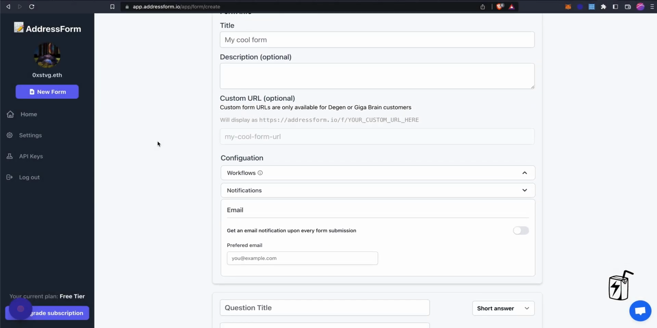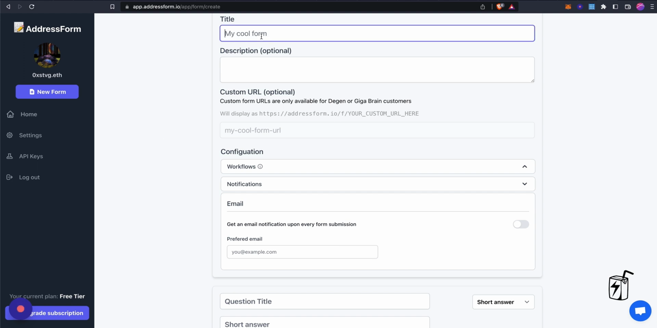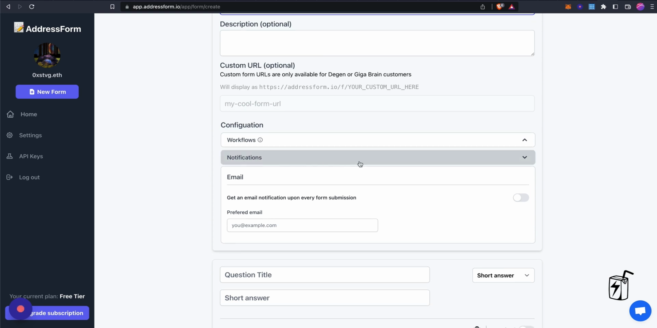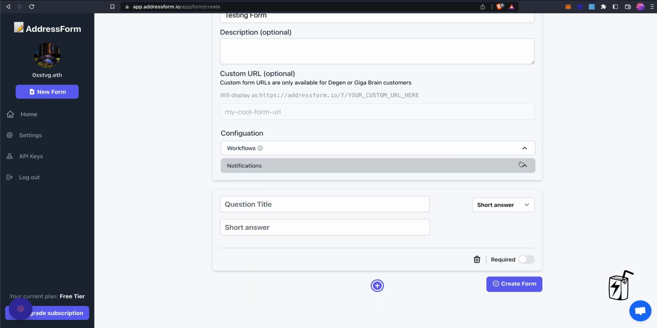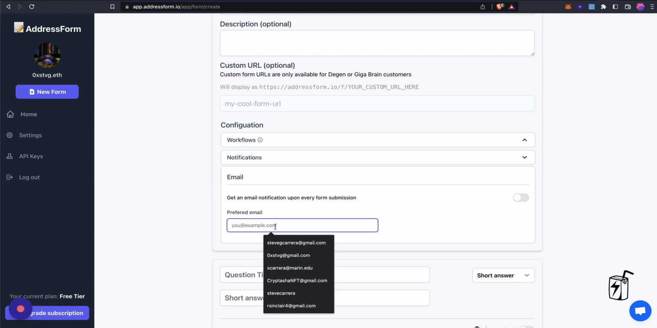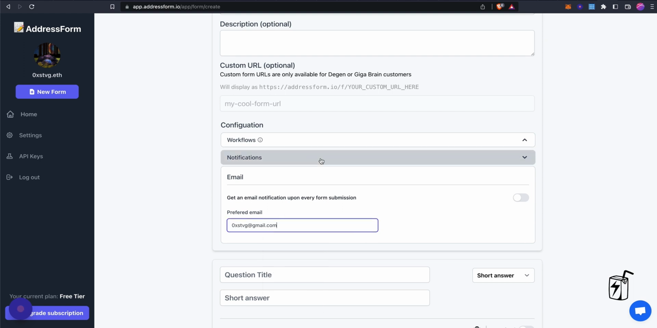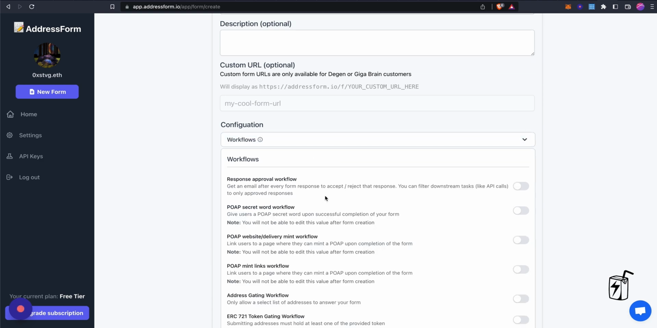All right, I'm going to show you how to pair an NFT reward with a physical item. First thing you need to do is go to AddressForm.io and create a form. You don't have to be specific when you create this form. You just need sort of a placeholder so that you can have a link that you need to use later